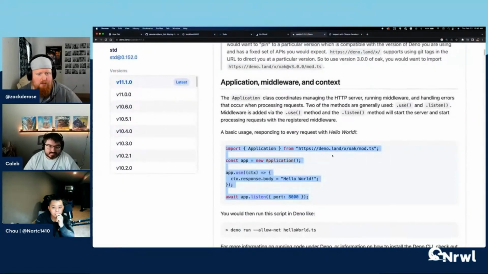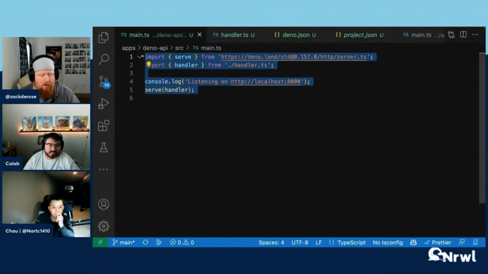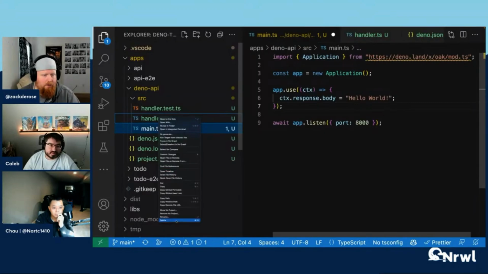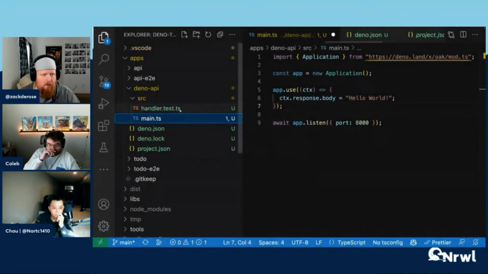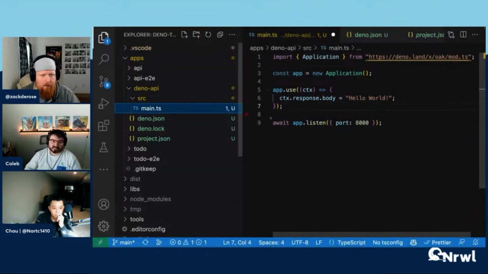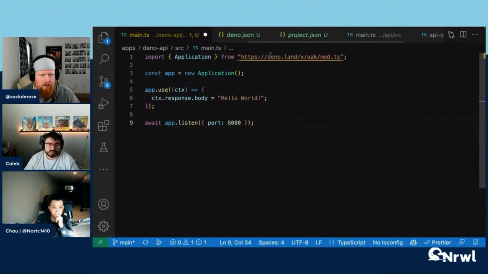We just replace all the stuff we've got so far. Sure thing. Drop it in. And I'm going to remove our handler too. Yeah, you can just delete those files. Delete, move to trash. There we go. And interestingly,